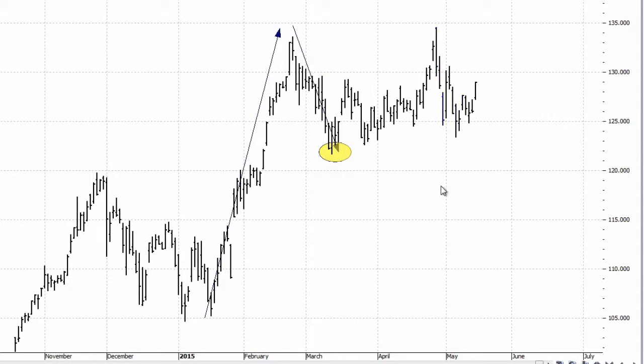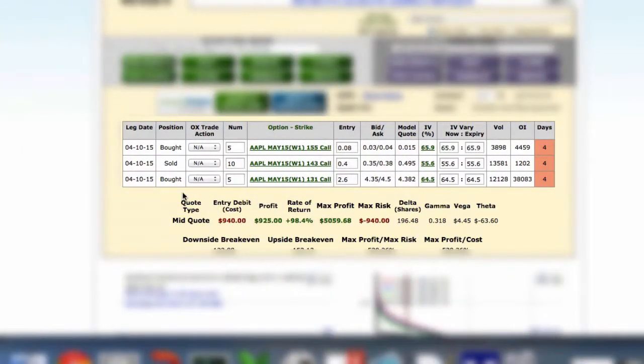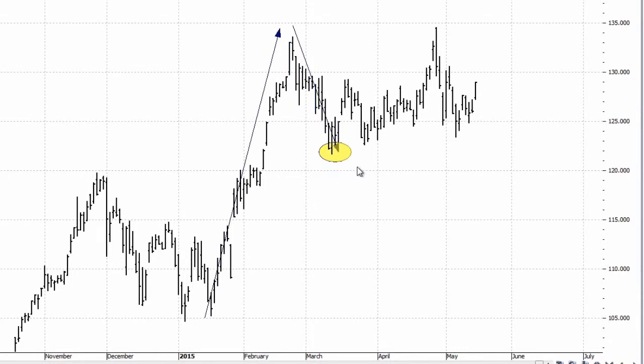So let's take a look at the actual options trade. As I said, the position was put on the 10th of April. On the 27th of April, it was closed for a nice profit of 98.4% return on investment, a nice $925 profit. So, as I mentioned, the reason for the exit was really because, one, we were close to our